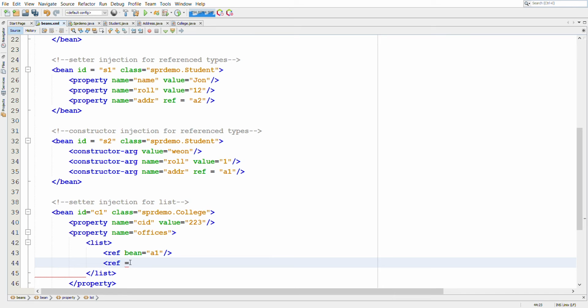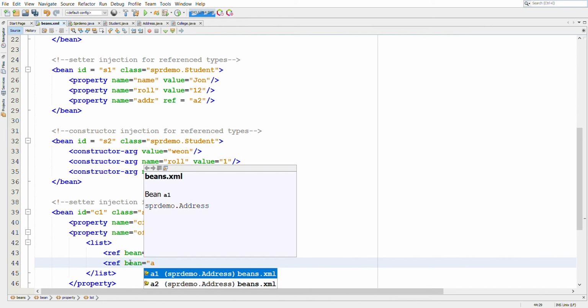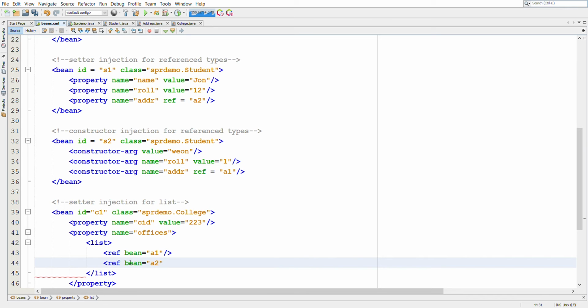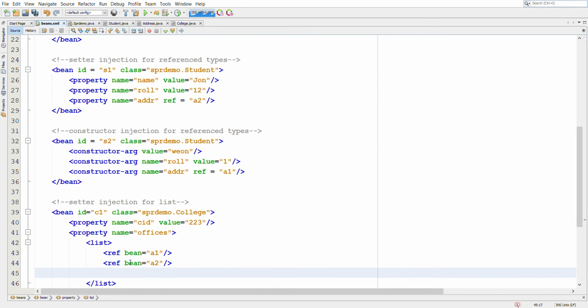Similarly, we can pass another element to this list, let's say A2. In the same way, we can pass multiple address beans here, or we can also create the bean during initializing the list.